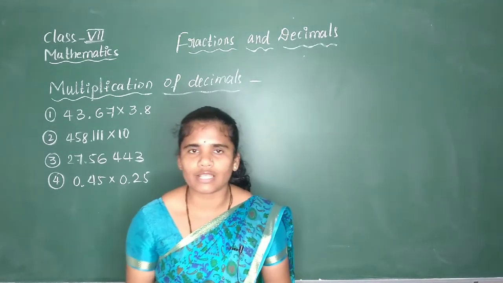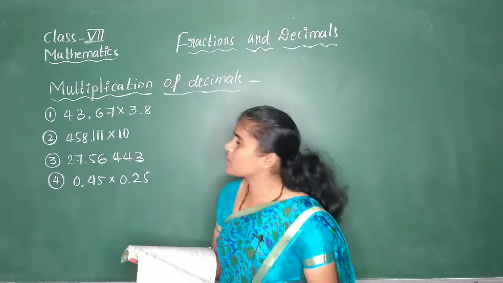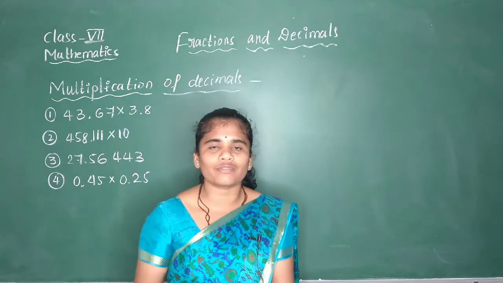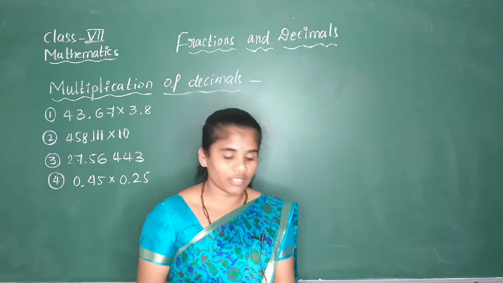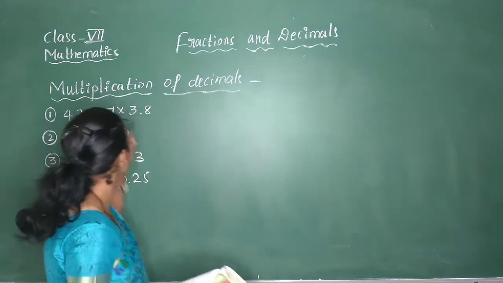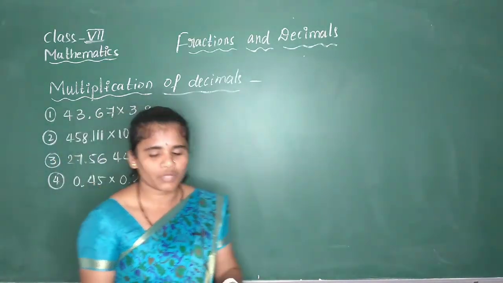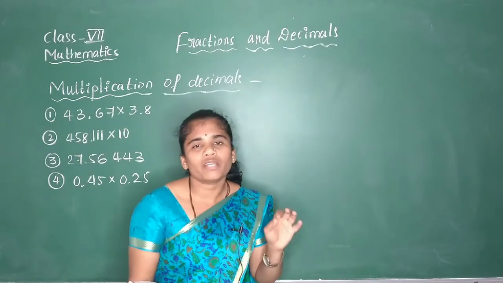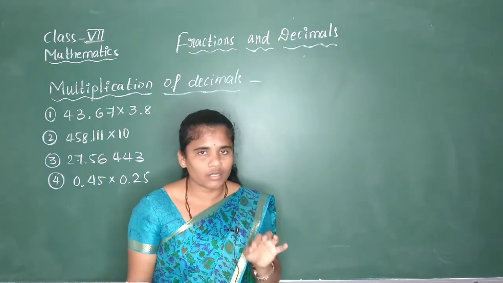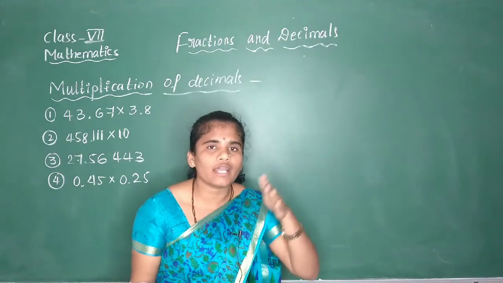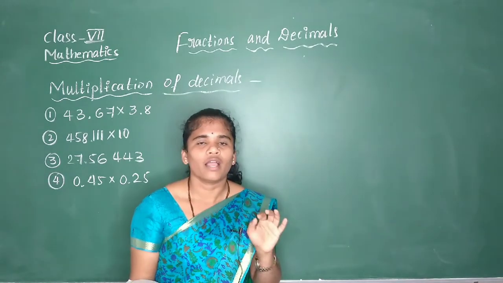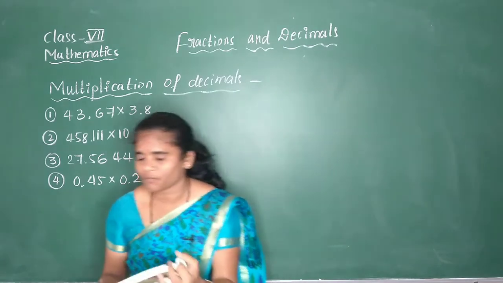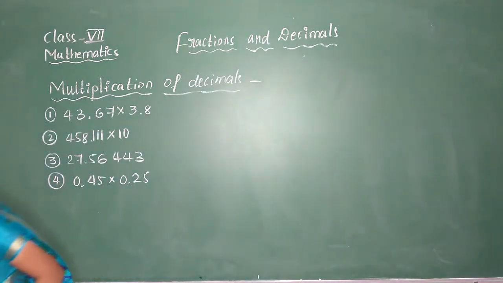Okay, next in today's class let us study multiplication of decimals. Try to solve exercise 2.5. In exercise 2.5 I have taken four problems to explain for you. It is very easy, but we have to ignore the decimal point, and at last in the result we have to put the point. Already you have studied this since 5th standard. Try to solve the sums. See in your textbook, see on the board.